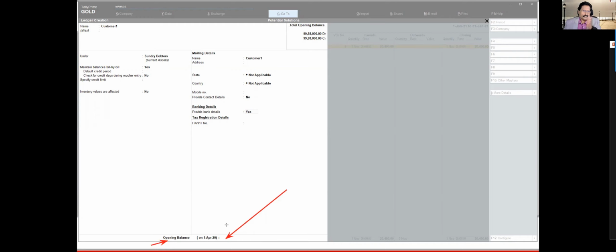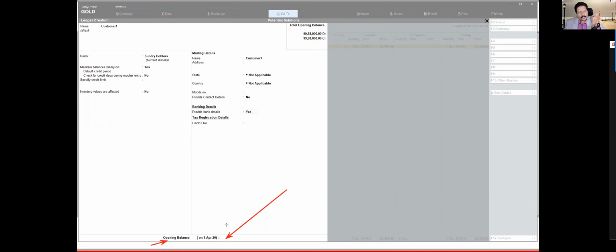So if you are transitioning from a manual system or from any other software to Tally in between the financial year, normally you draw a trial balance, where the trial balance will have balances of all your revenue and non-revenue items, which means basically your balance sheet ledger values and your profit and loss account ledger values.